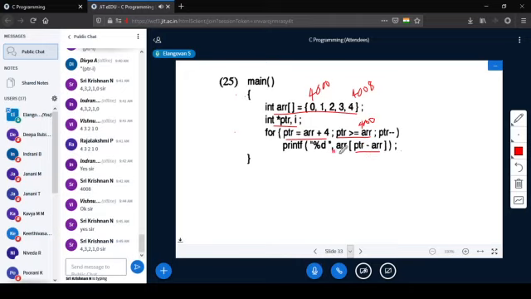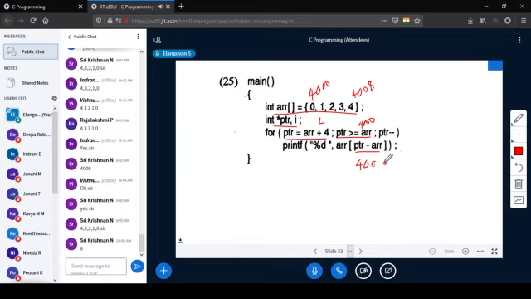Correct? What will you get? Ptr is 4008 initially. 4008 minus 4000. As far as pointer variable is concerned, it will not give 8, but it will give only 4.